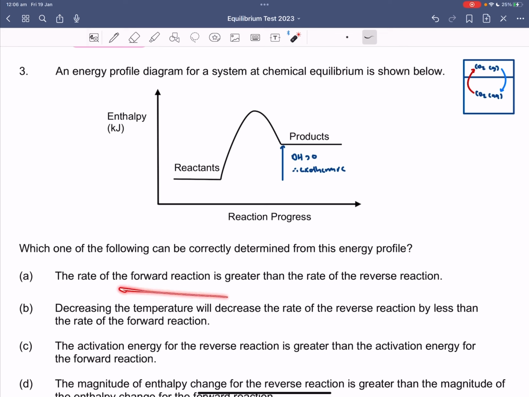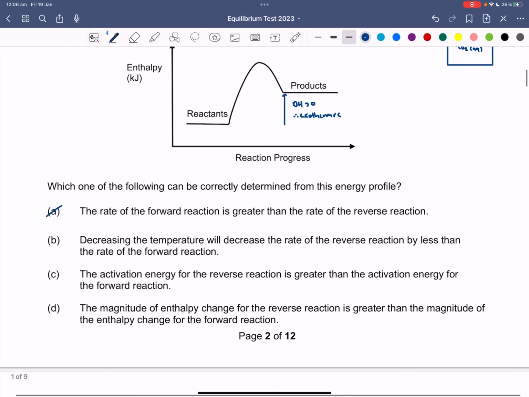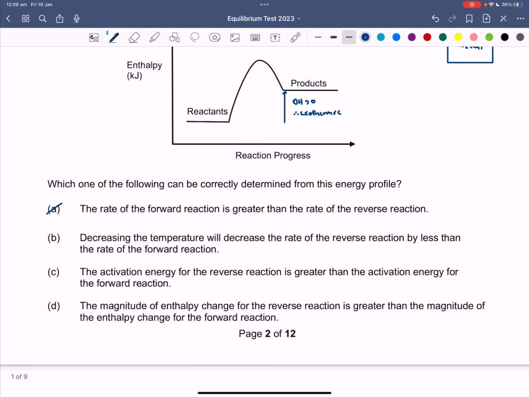The rate of the forward is greater than the rate of the reverse. Now, it clearly says in the question at chemical equilibrium. And if it's a system at chemical equilibrium, it means the rate of forward reaction equals the rate of reverse reaction. So A is just not correct. Okay. Now, decreasing the temperature will decrease the rate of the reverse reaction by less than the rate of the